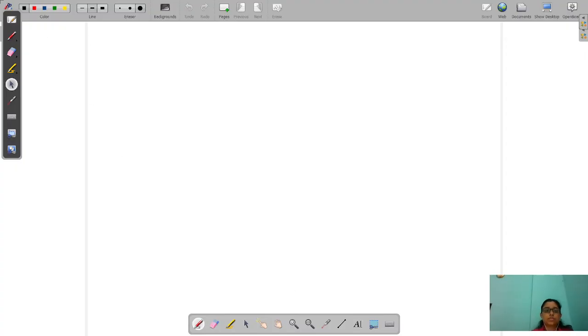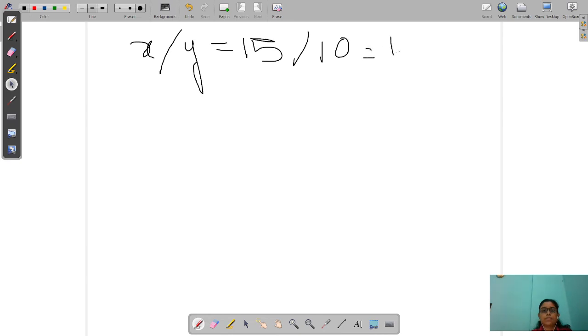Okay, now again go to the board. So our x by y equals 15 by 10, which is 1 point something, right? So the computer prints only the quotient.